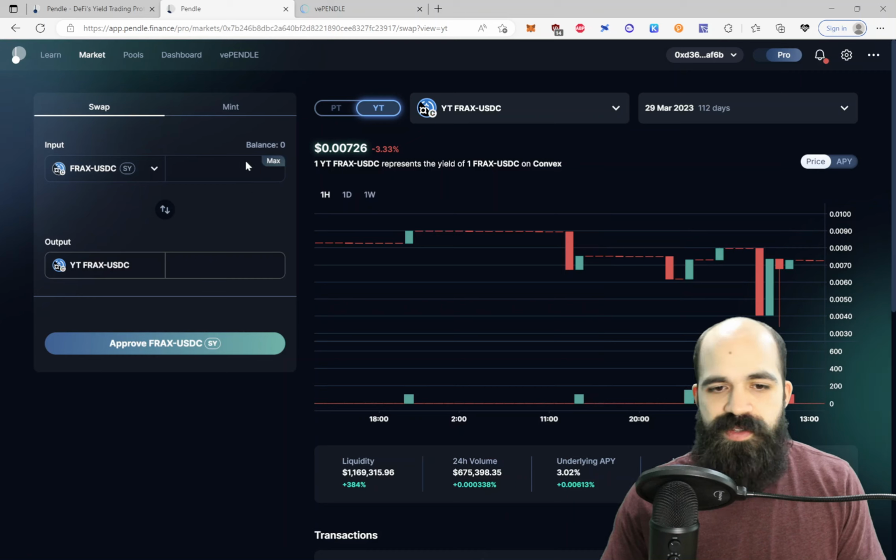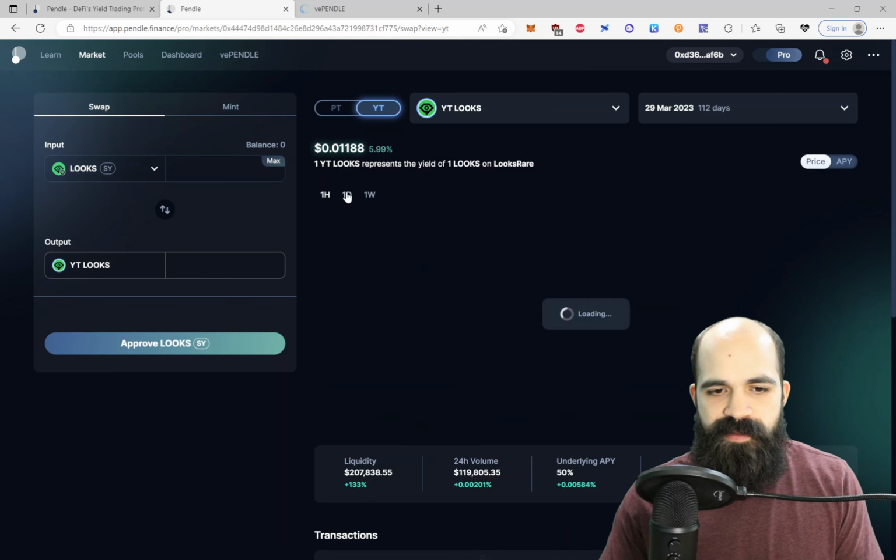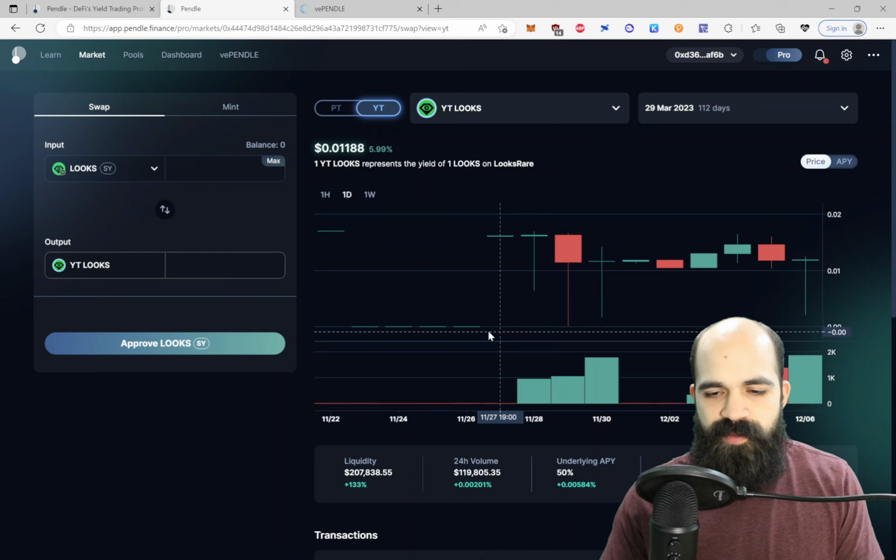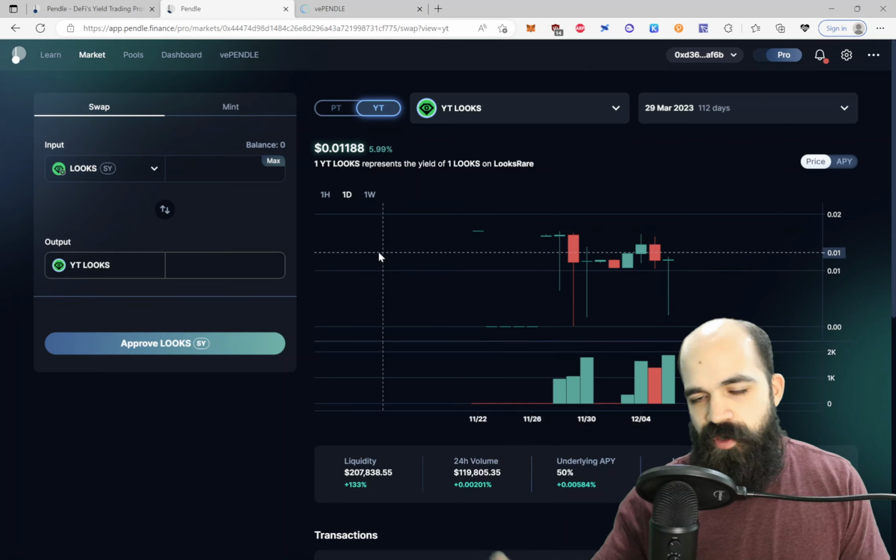If you wanted to do this, I would probably look at the Looks, which is more volatile, and say, let's zoom out a bit. Let's look at a daily market instead of an hourly. You can see here quite a bit of volatility, not a ton of liquidity, which is why they're incentivizing liquidity right now, because the more liquid these markets are, the less choppy these graphs will be, and the more efficient the speculative betting will be, right? So right now, if you opened up a large position, you would probably have some slippage, some price impact,